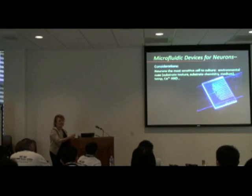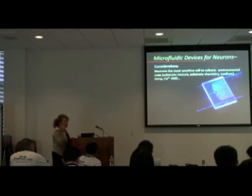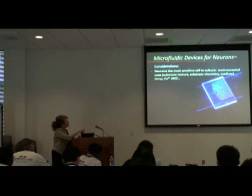You know, what is it that's changed when I take this cell out of the body that's not permitting it to survive? I've already told you that the metabolic rate of neurons is very high, so they're very susceptible to anoxia, low oxygen tensions, or lack of oxygen. They're also sensitive to substrate texture, substrate chemistry, components in the medium, growth factors or the lack of them, temperature